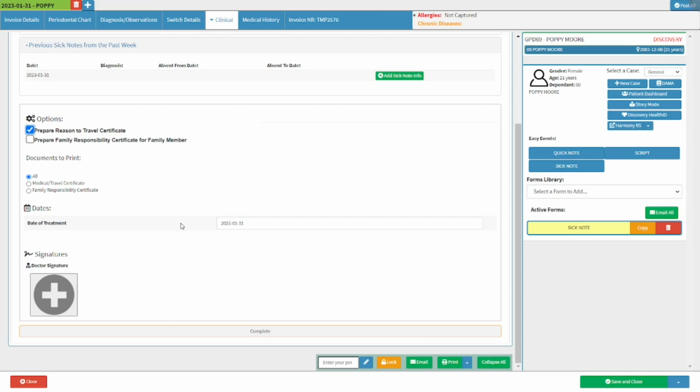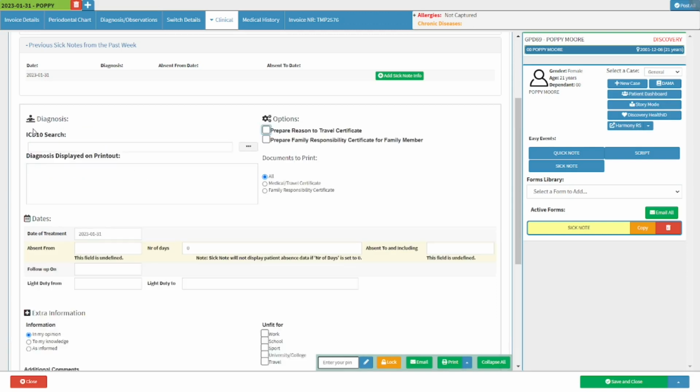Please note that a diagnosis and extra information sections will no longer be available once the Prepare Reason for Travel certificate checkbox has been ticked. The date of treatment field will also only be available in the Date section. If a parent or guardian requires family responsibility leave to care for the patient, the user can tick the Prepare